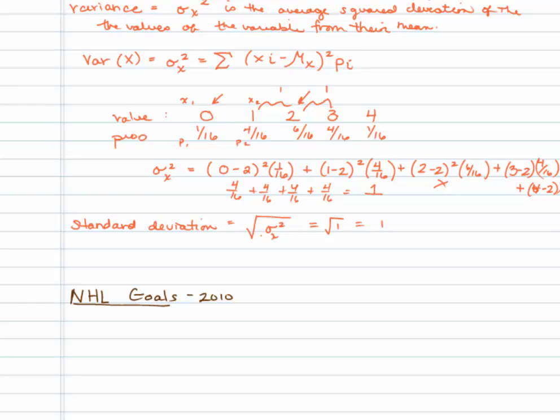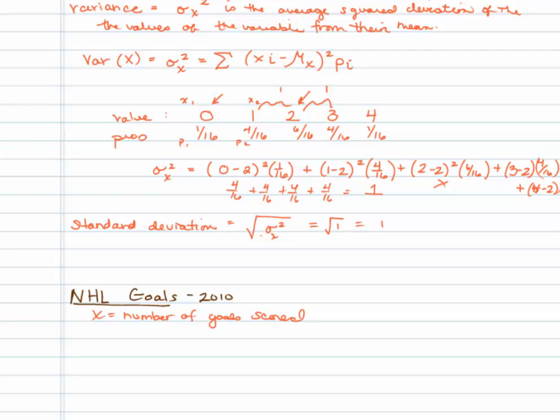So my favorite is really doing examples that are different than this, because this one always worked out to that middle number being the mean also, and it worked out too easy for the standard deviation. So let's say I were to use the 2010 data from the NHL of the number of goals that were scored. So if X is my number of goals scored in the regular season,